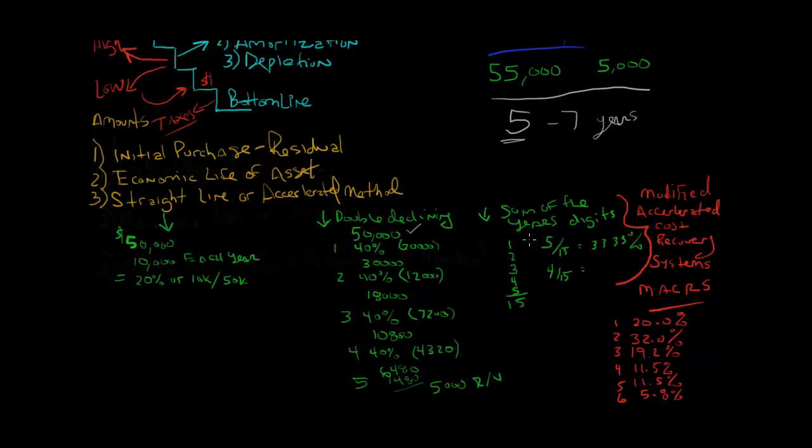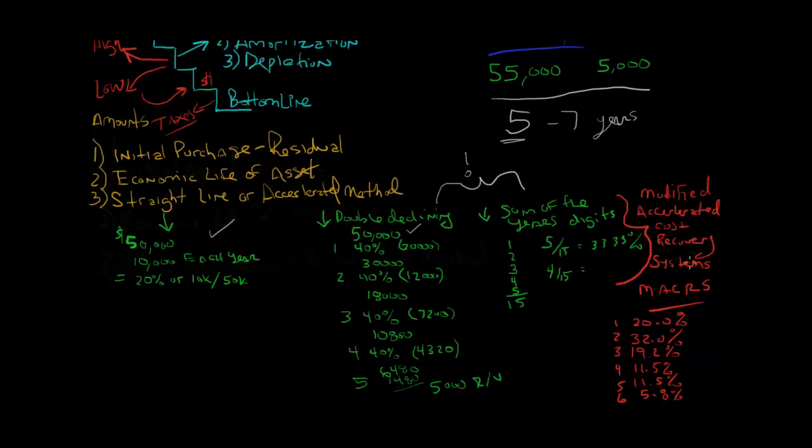There's also the sum of the years digits, where we just take all the years, add them up, and then divide the 5 by 15, and 33% is depreciated. Not used as often as double declining. Now, the tale of two books. If you watched the video on managerial versus financial accounting, we can use this as a reporting method, but these two we cannot. This is for more internal or managerial use, because the government, the IRS, has mandated something called